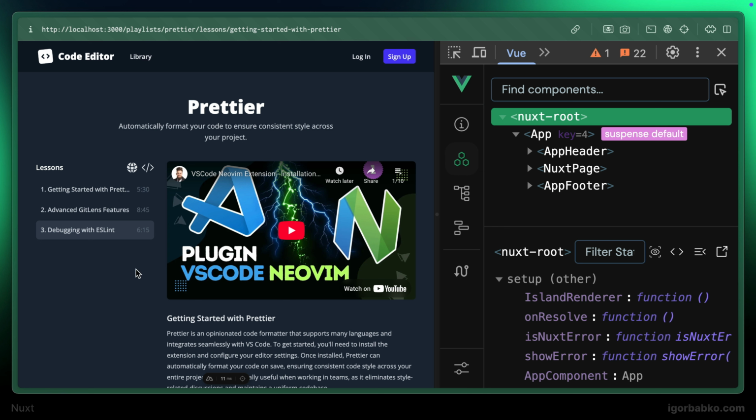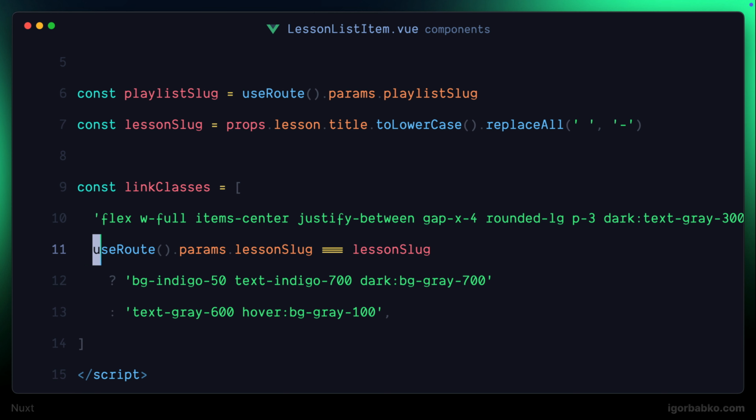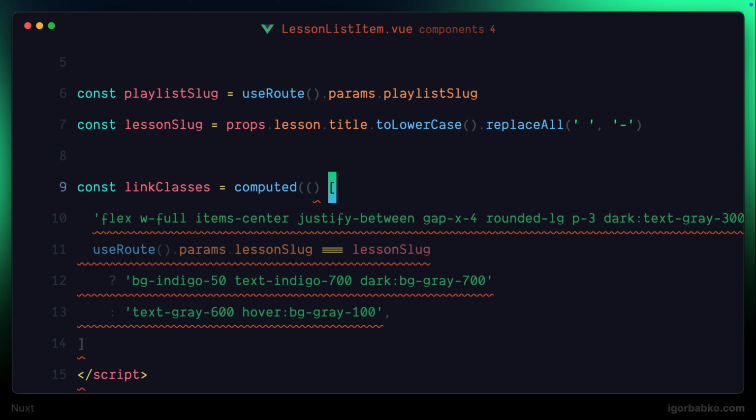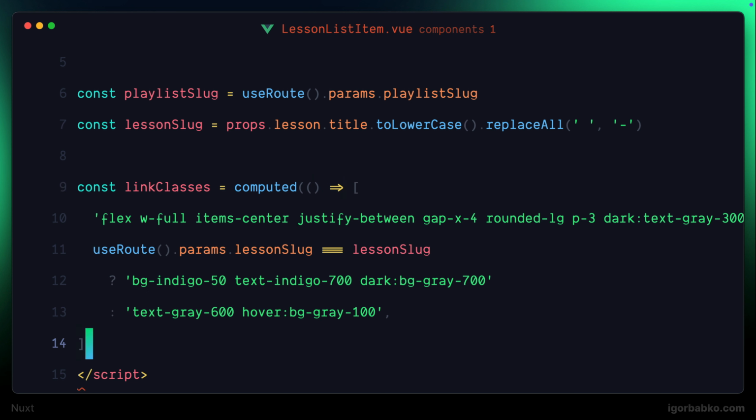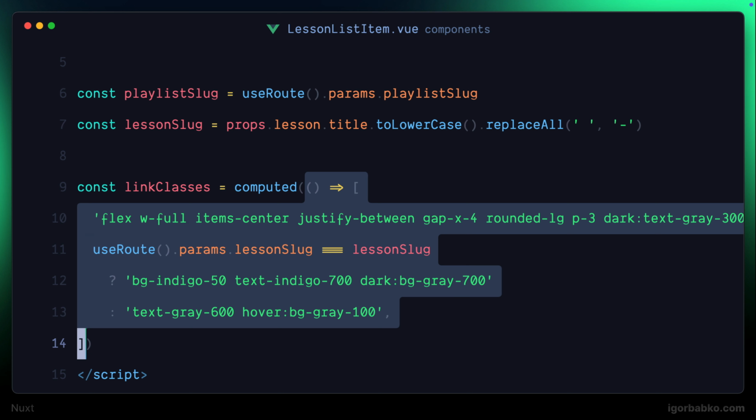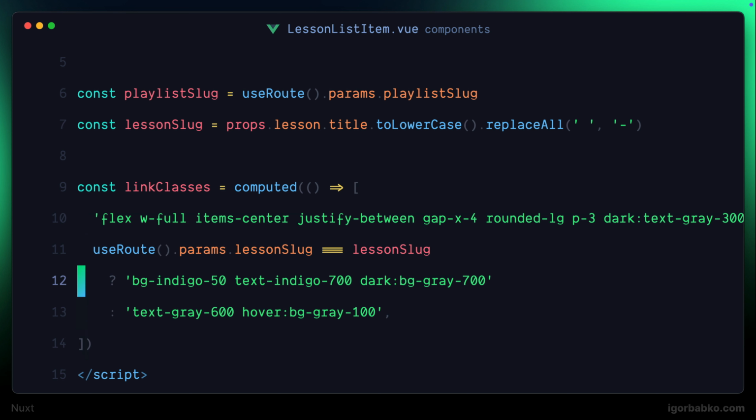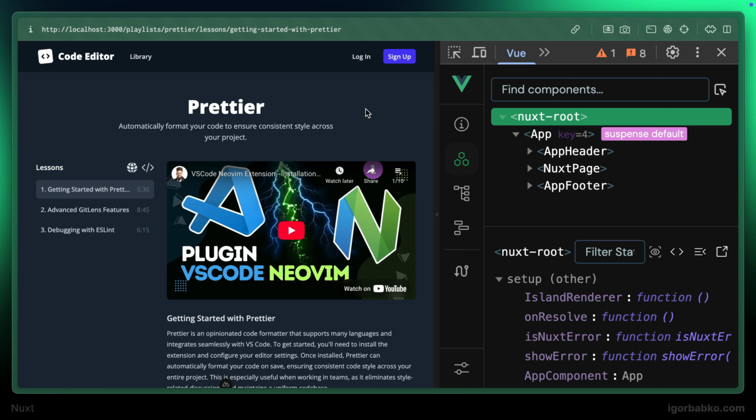And this is happening because when this lessonSlug reactive property changes, it does not cause this array to be reevaluated. And to make it reevaluated, we have to wrap it in a computed property, like this, which will make it dependent on reactive variables used within this callback. And now if any reactive variable in this callback changes, this callback will be reevaluated, and we're going to get a new array of classes. And this time, if we try to navigate around different lessons, sure enough, we're going to see that the proper list item is